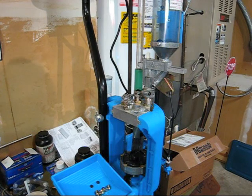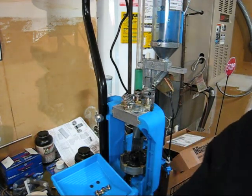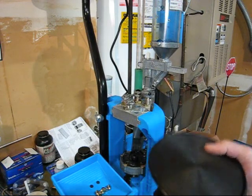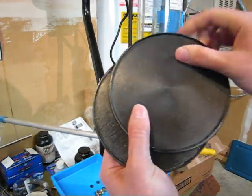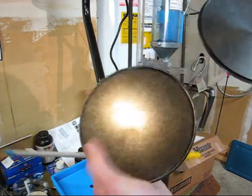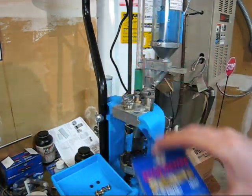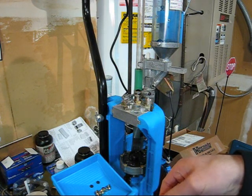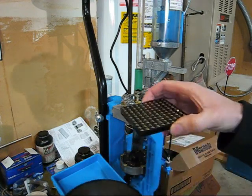But the first thing that we have to do now is put our primers in this little primer feeding tube. How we do that is we take our primer flip tray by Dillon. It's very handy. It has a grooved end right here. I don't know if you can really see it, but it makes that noise. And then this is a flat end. What we do is we take a box of primers, Winchester or CCI. Never use Federal because they're soft and they can go off inside your primer feeding assembly, which can be very scary. Anyways, what we do is we take these primers,